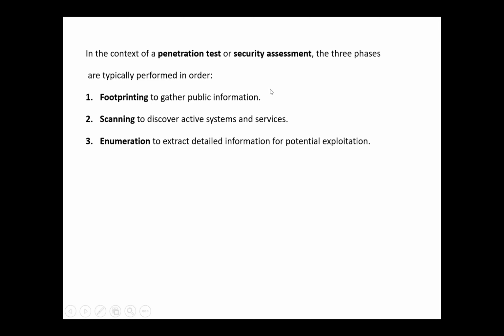Scanning, to discover the active systems and services. If your target is up and running, then only you can perform the scan. Enumeration, to extract detailed information for potential exploitation. So these are the three important phases a penetration tester or security assessor has to perform. Now let's go, and I'll show you